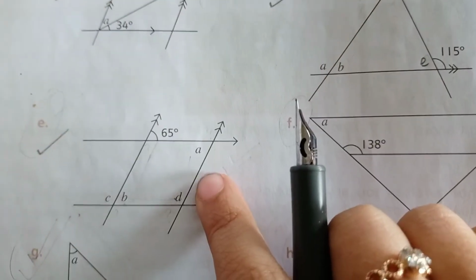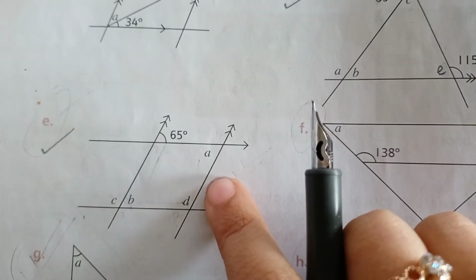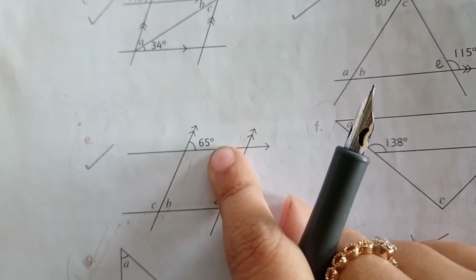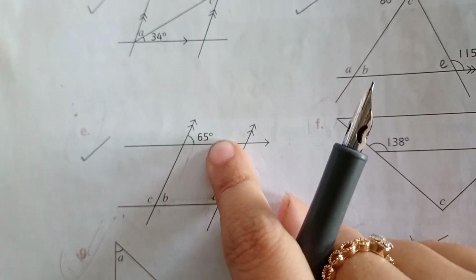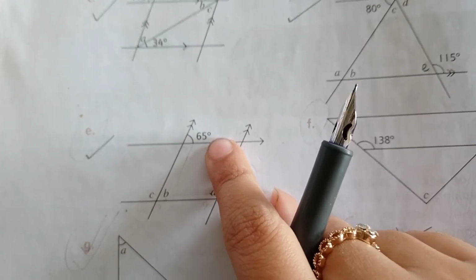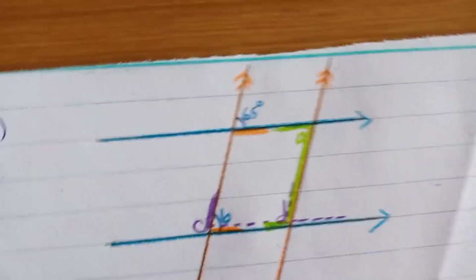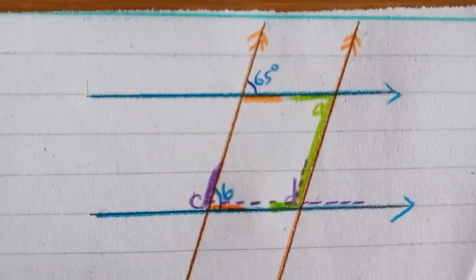Okay students, now this is the one I am solving, E1. I did A with you, I did D with you, and now I am doing E with you. These are the three figures I am doing with you, and you will do all three in your geometry notebook. Do not forget to draw the figure on the blank page. Again I have chosen different colors to show you how you will solve it.